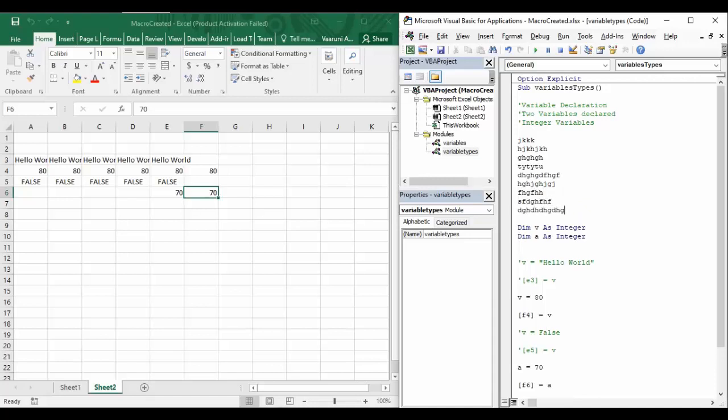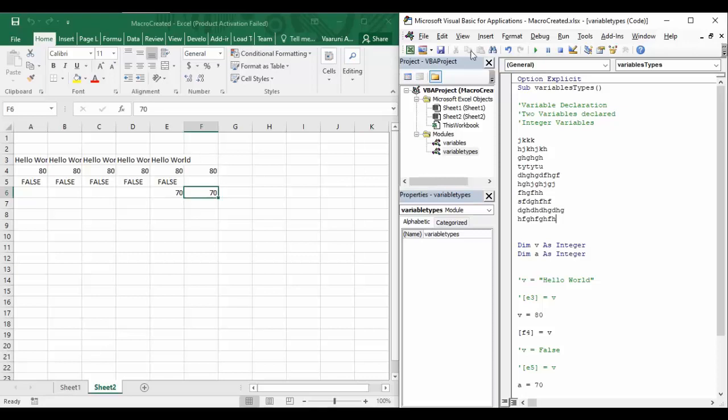I have to go at the start of every line and write this single quote at the start of every line, which is a cumbersome process. It requires too much effort, but that is of no use because this code would be commented. Okay, so in that case, in Visual Basic we have an option of a comment block and an uncomment block.